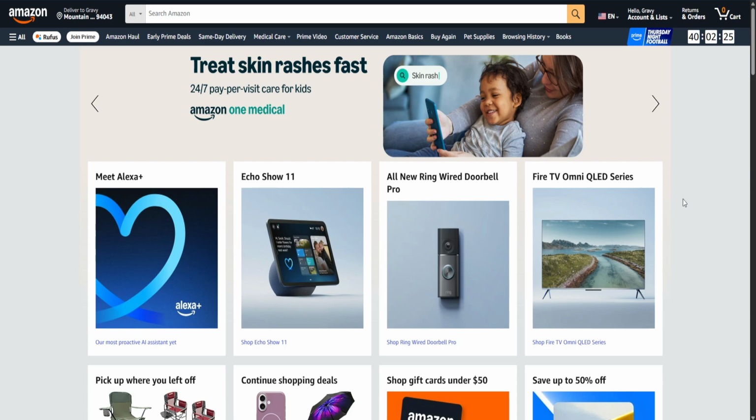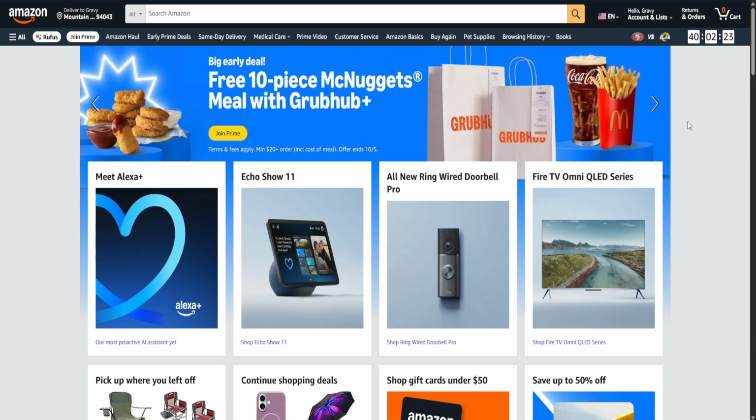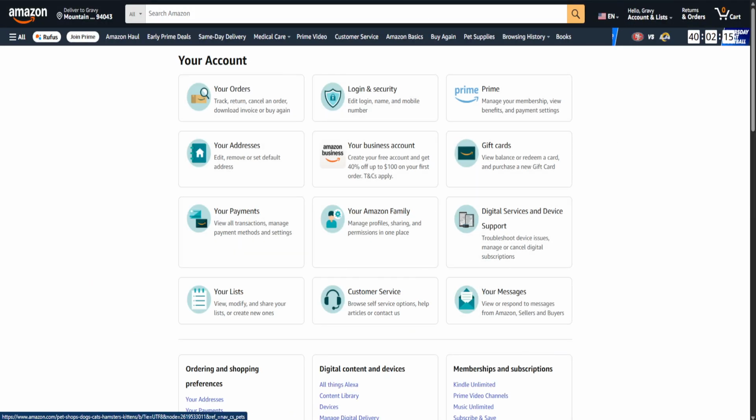First, you'll need to go to your orders on Amazon. Start by logging into your Amazon account. Once logged in, head to the top right menu where you'll see Account and Lists. Hover your mouse pointer over that and a drop-down menu will appear. From this menu, you'll want to click on your orders. This will take you to a page listing all your Amazon orders where you can locate the specific digital order